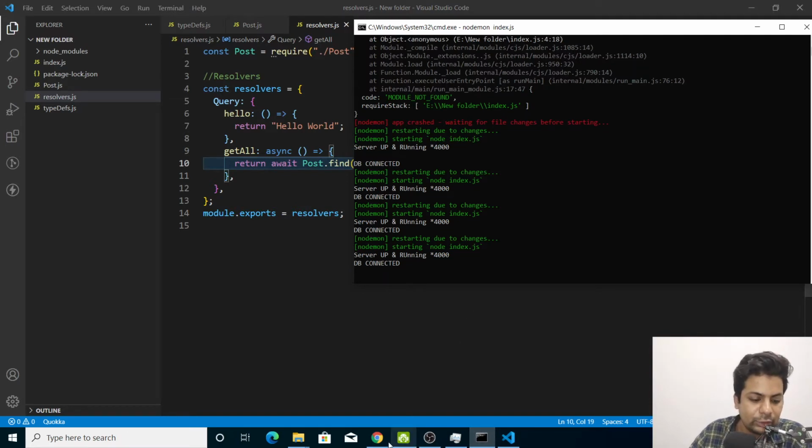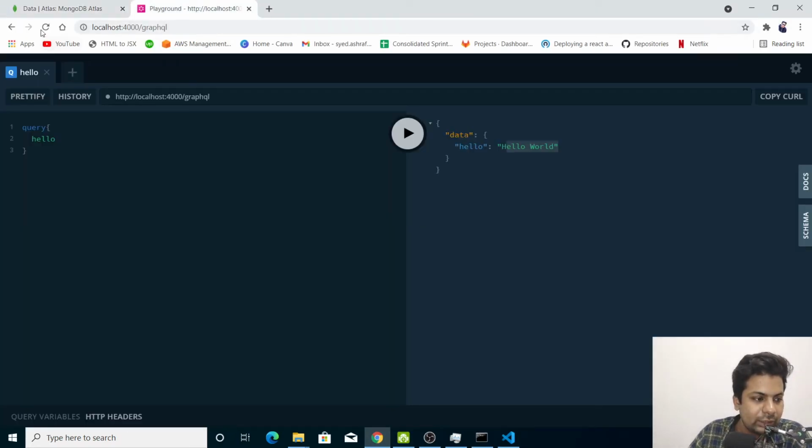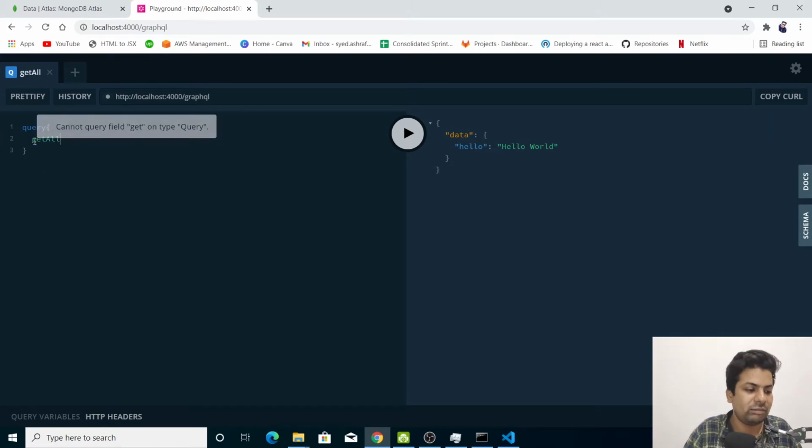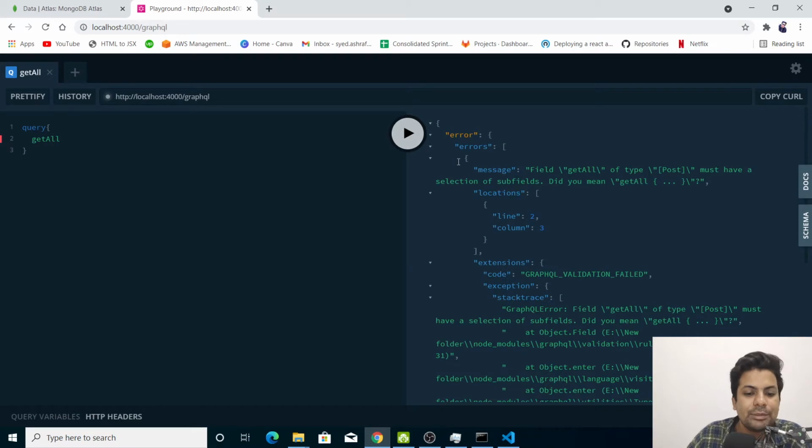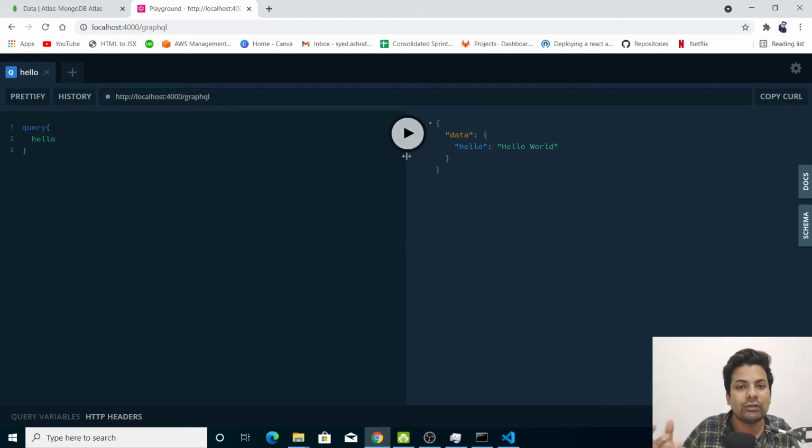Okay, everything's fine. Now let's check it's up and running. I think there's no problem. If I come here, reload it, fetch hello world, and if I fetch get all the data, users, whatever you have, hit it, so error, because I have to define what fields I want in return. In hello we haven't defined because it's just a string, which is always in double quotes whatever you write, but an object has a structure.